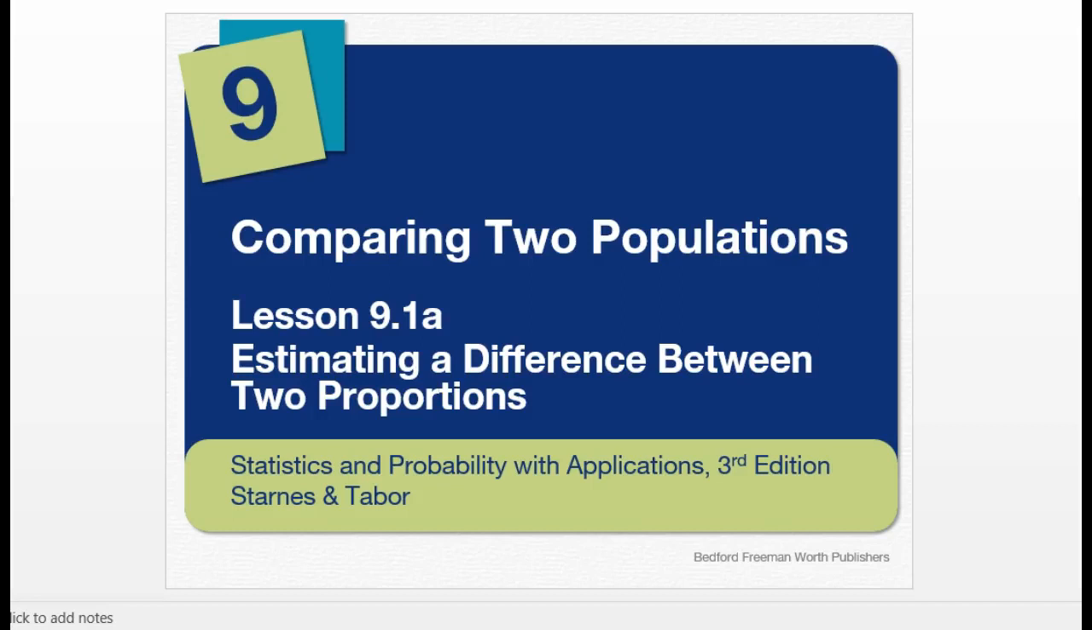All right, in Chapter 9, we're going to dive into what we do if we have two populations to compare. And in 9.1 and 9.2, we're going to look at proportions specifically. So in 9.1a, we're going to estimate a difference between two proportions. First of all, we have to talk about what that distribution looks like when you subtract two